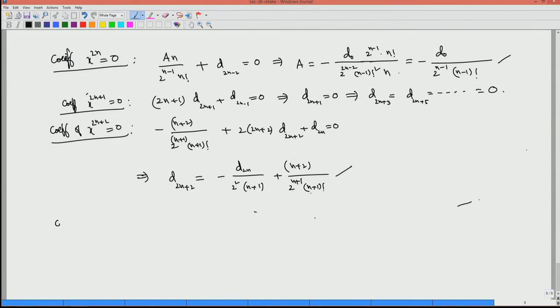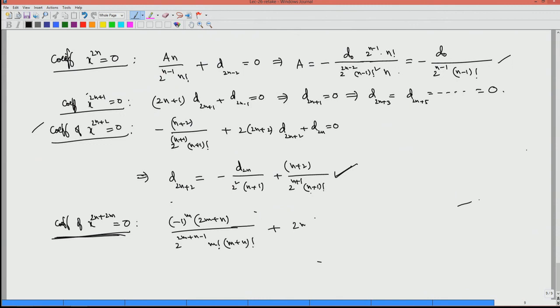And similarly, the coefficient of x power 2n plus, let us make it general terms, 2m equal to 0. So, m equal to 1 we have seen here. If I see this as a general term, m equal to 1 we have seen this one. Now for m equal to 2, in general if you write minus 1 power m, 2m plus n divided by 2 power 2m plus n minus 1, m factorial into m plus n factorial